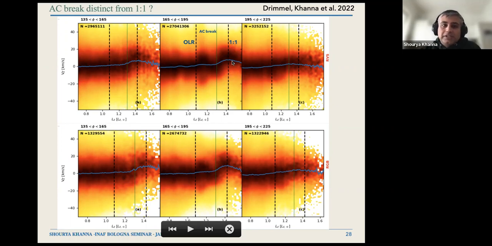So of course the outer disk is quite messy. There are likely multiple origins to all sorts of features that we see. You could have internal resonances, which in this case seem to match with what we see with the bar, but you also have signatures of what the disk might be doing with interactions with its satellite galaxies. But for now, it seems like this feature might indeed be a distinct feature. Okay,